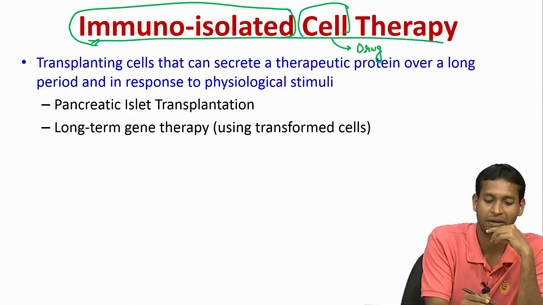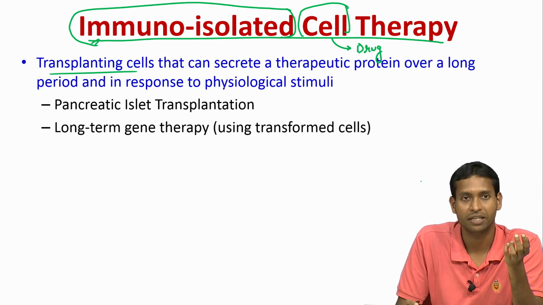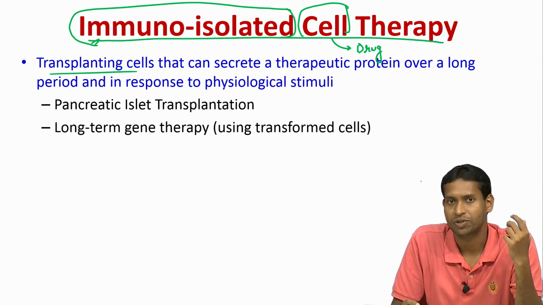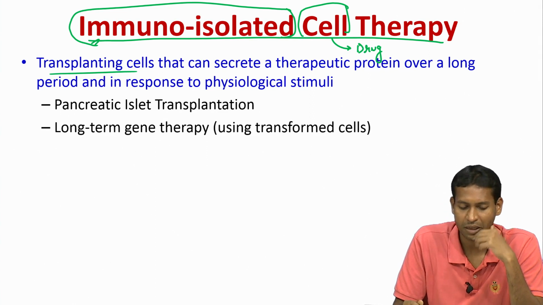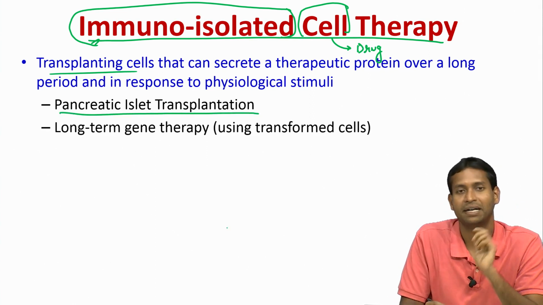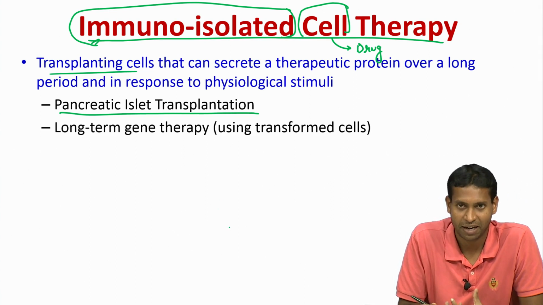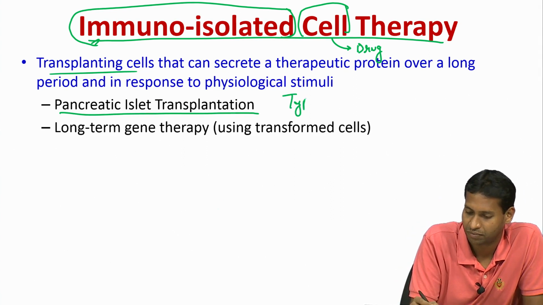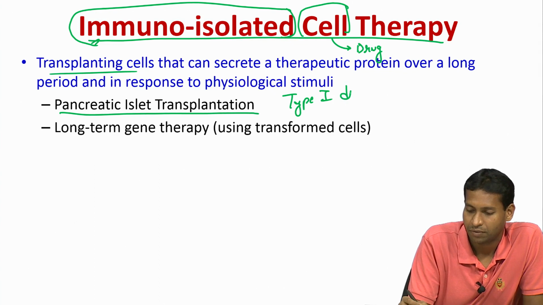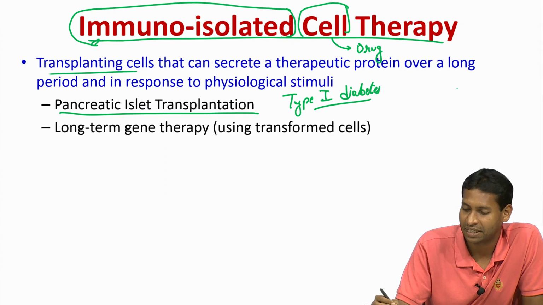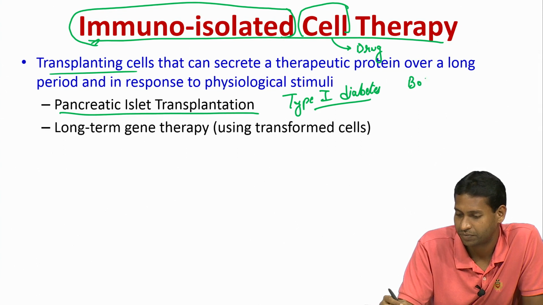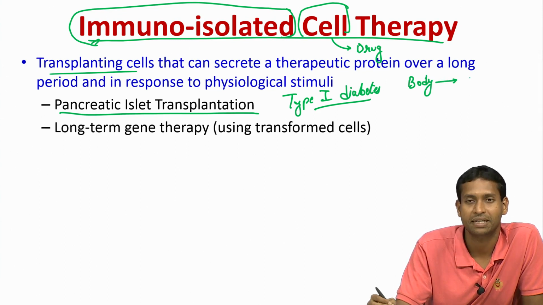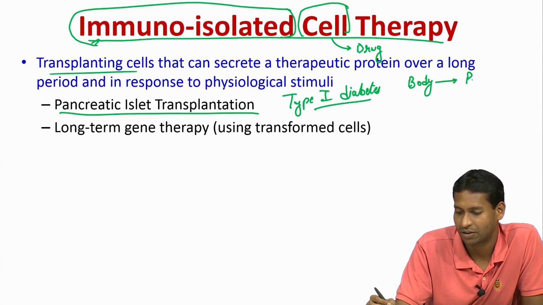So it could be transplanting cells that can secrete therapeutic proteins over a long period of time in response to some physiological stimuli. So this could be for pancreatic islet transplantation. Let us say a person is suffering from type 1 diabetes, and what is type 1 diabetes? Type 1 diabetes is nothing but that your body for some reason considers your pancreatic cells, or beta cells as they are called,